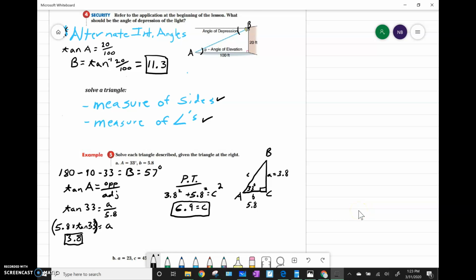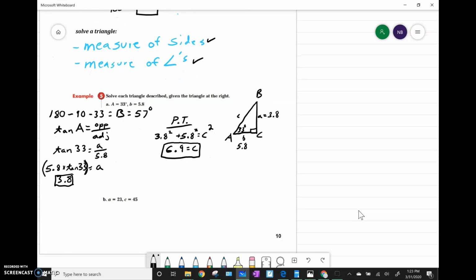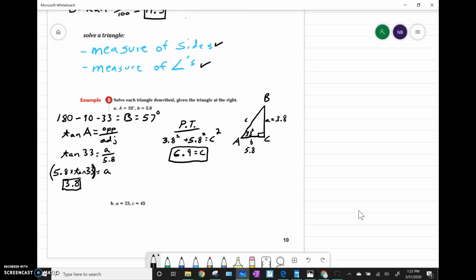All right, this is part 2 of our notes, and we're going to cover this last example here. What's going on here is they've given us two sides but no angle measurements. But we do know that angle C is 90 degrees. So we can already assume that because we're working with right triangles. So in order for us to find side B,